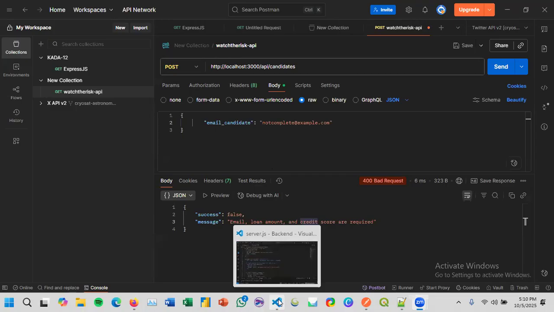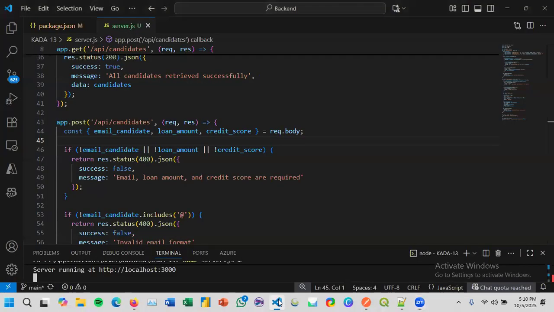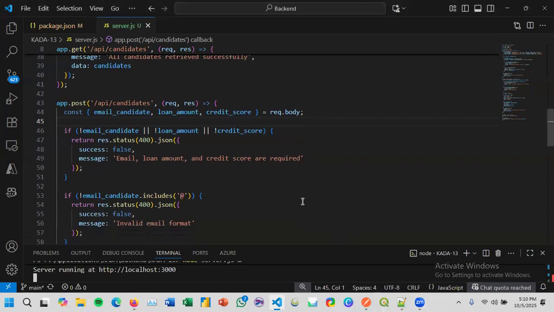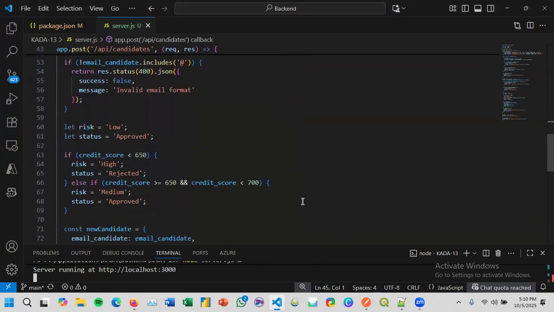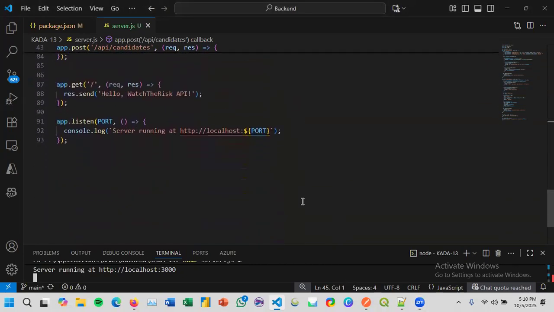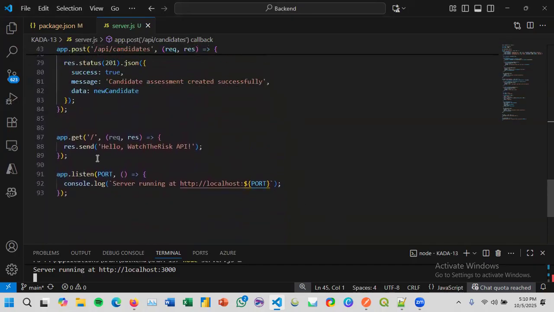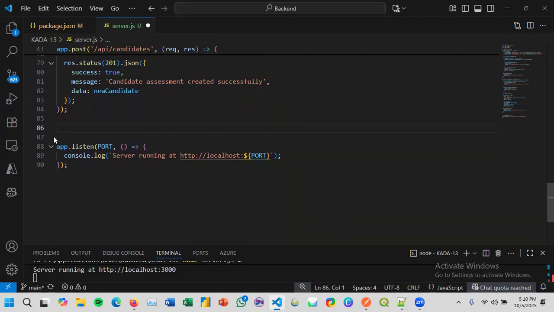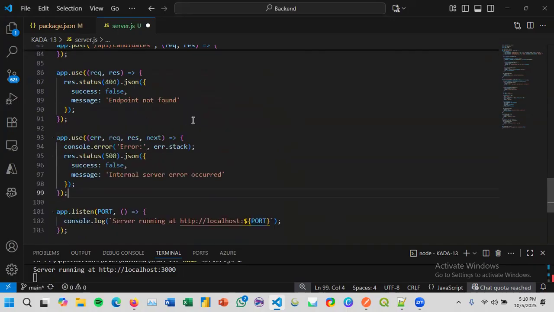Okay, after creating get and post routes, we will add error handling into the server. And just delete this. There are two types of error handling that we will use here, and both are important.